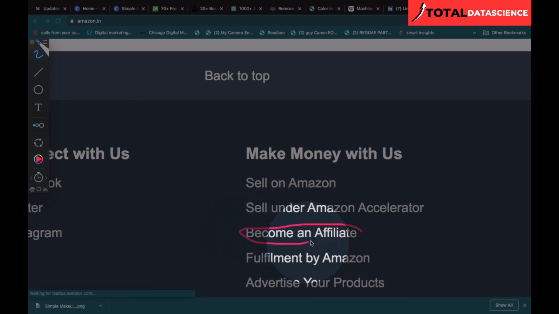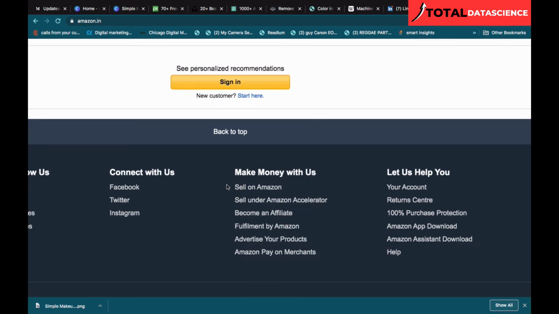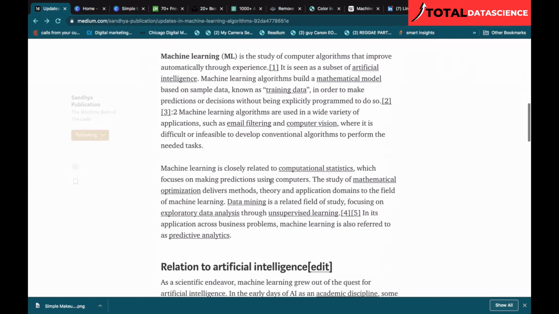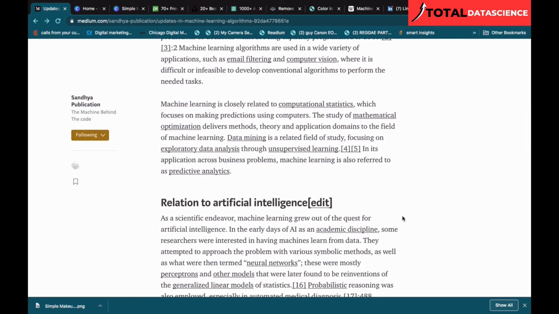Become an affiliate is here. So if you click on this and you fill the form, it takes about a week or something like that. At first, you start creating, writing good articles, and getting traffic to your publications. Then as soon as you start getting traffic, you go to